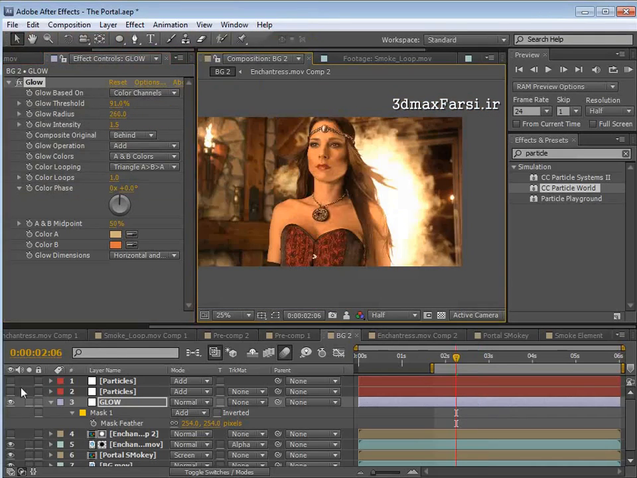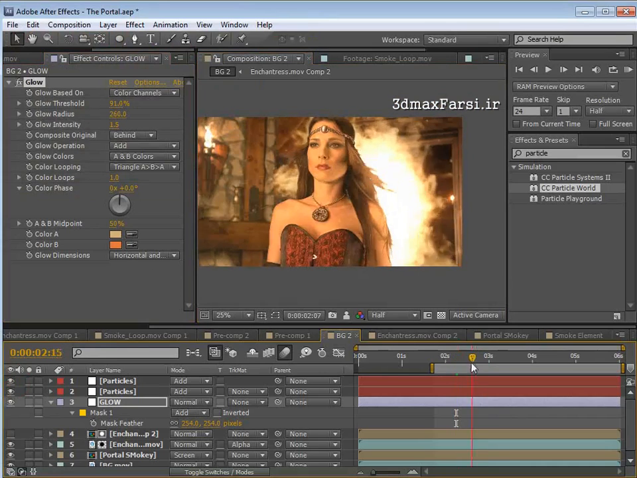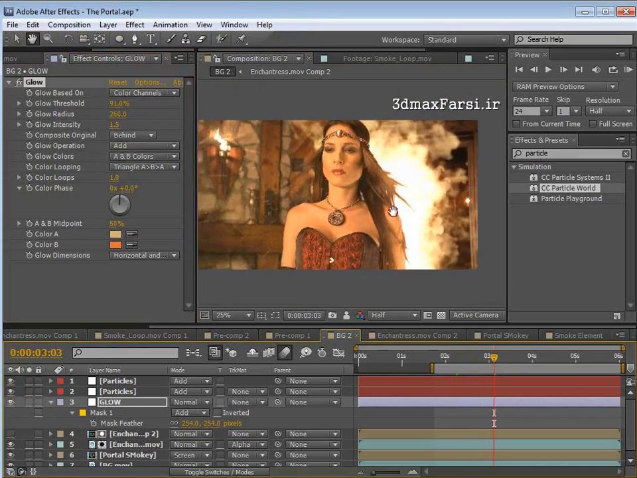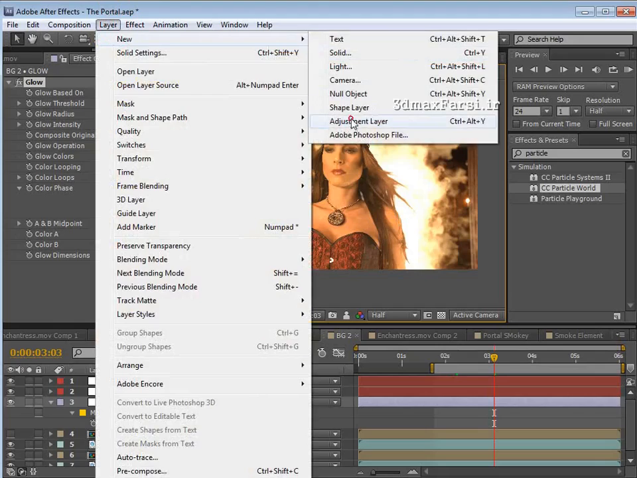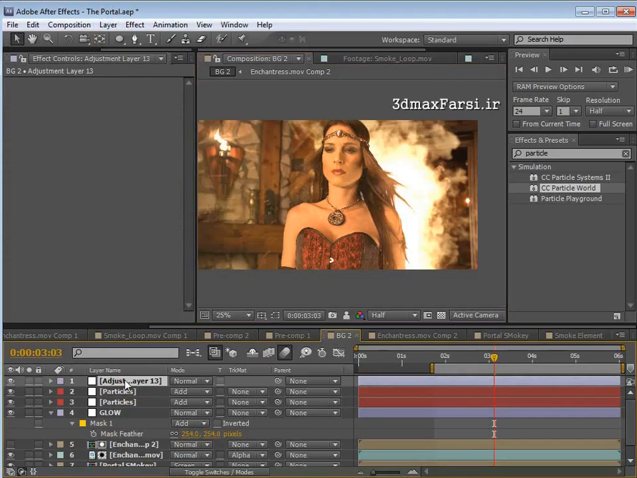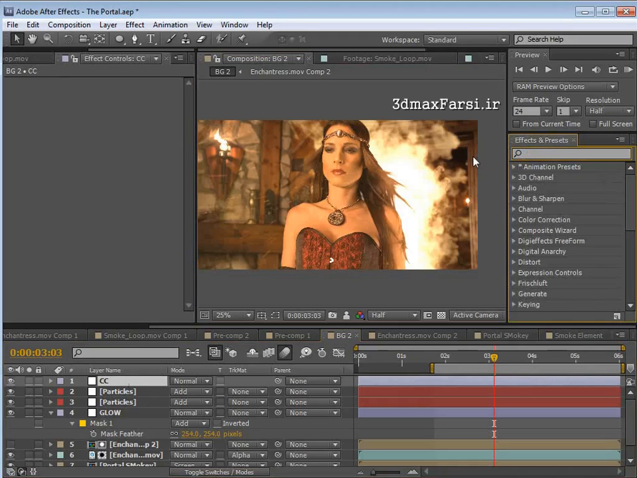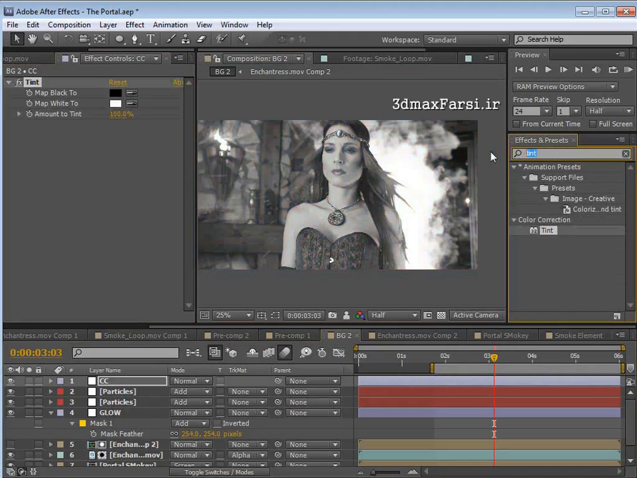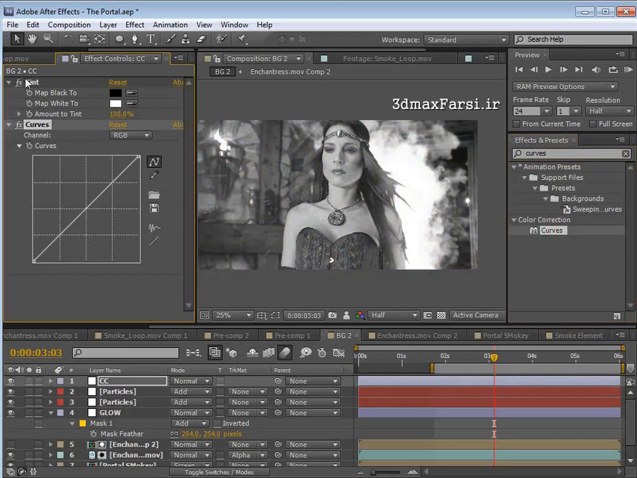Now, one of the things that's missing here is the color correction. So this is just raw footage, but let's give it a little bit more of a cinematic color. So we'll create a new adjustment layer, and we'll call this color correction. And I'll just show you a couple of quick ways I like to color correct. So we'll take the tint effect, drop that on there, and we'll take the curves effect and drop that on there. So first with the tint, let's bring that down,